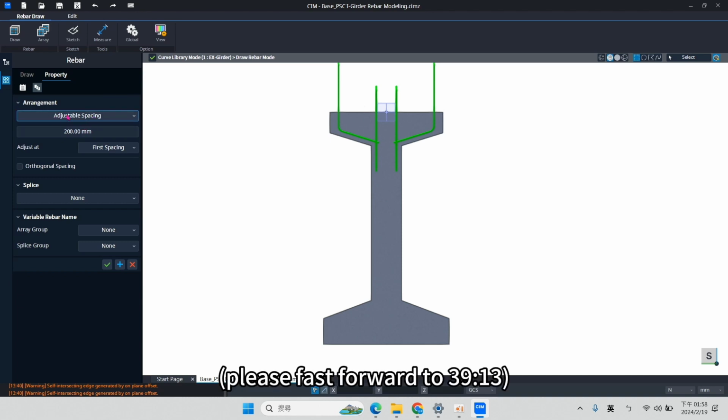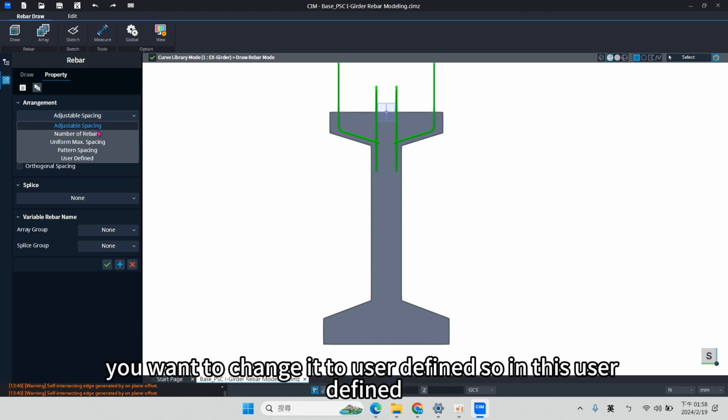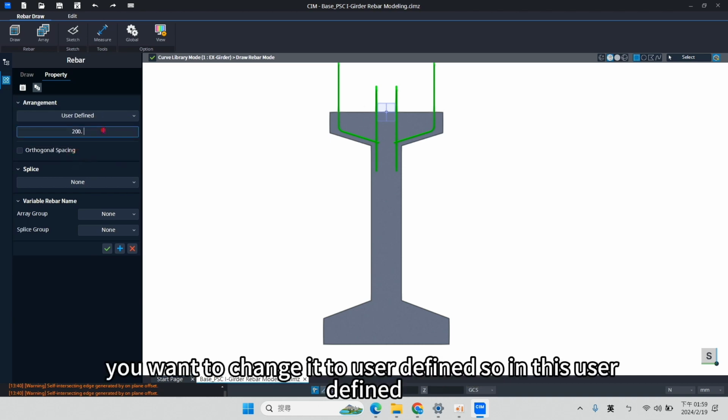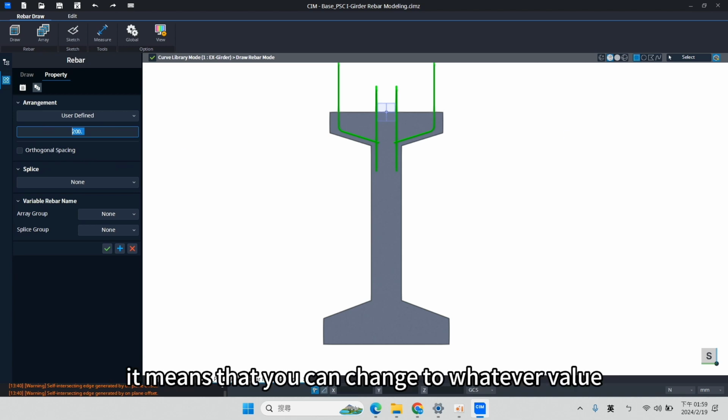If, for example, you have a spacing of 200 millimeter for all of the layout, you can click on the adjustable spacing. But if you have a small span of required rebar and a large span of required rebar in the girder, you want to change it to user defined. In user defined, you can change to whatever value that you want.